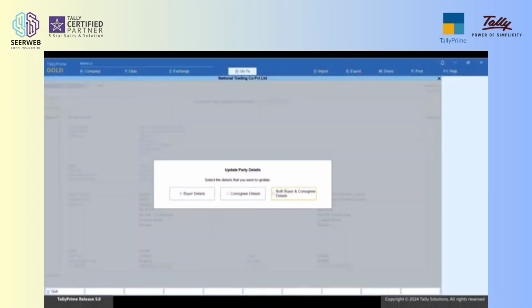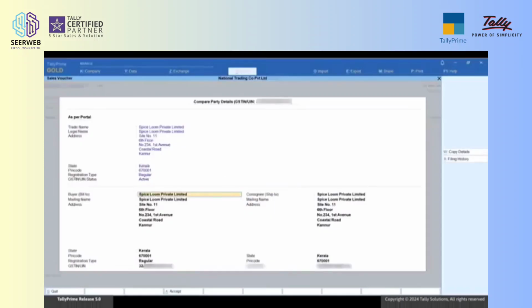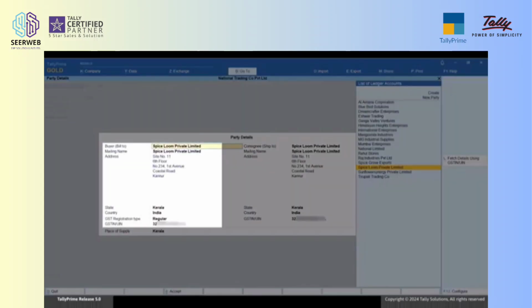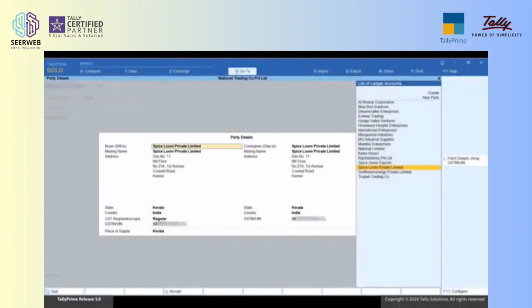Let's say you want to copy the information under the buyer and consignee details both. Press O. All the details, including the buyer and consignee details, get filled. GST registration type also gets updated.